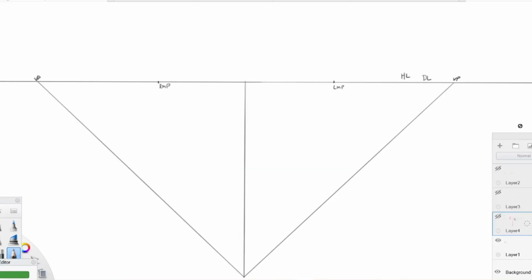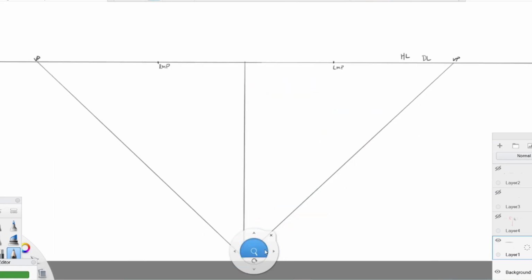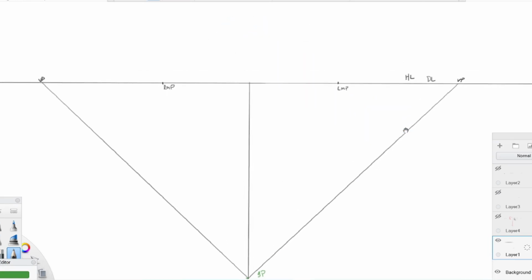Hello everyone, so I got a really great question asking if the station point, which is going to be located, let me go ahead and grab this station point, which is going to be right here on the bottom, if this station point right here always has to be in the middle of the picture when we're doing perspective